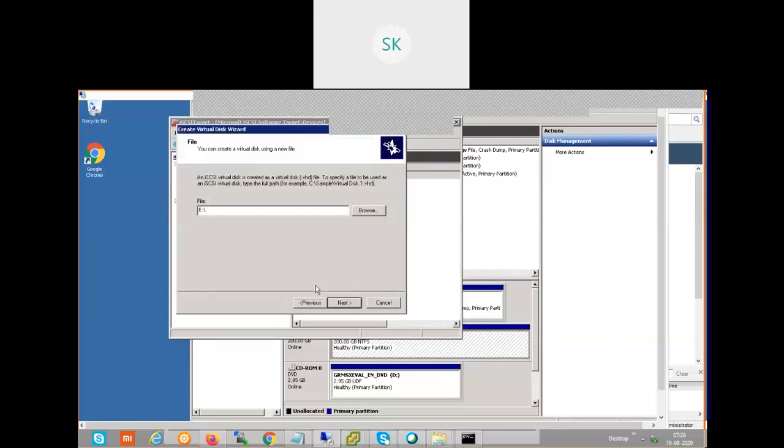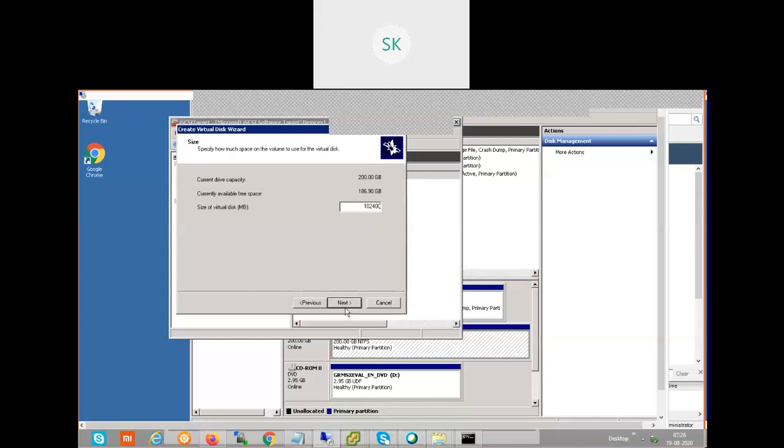Previously we created only 10 GB, not 100 GB. Name it production LUN 3, whatever it may be, .vhd. The size is 102400, which is 100 GB.